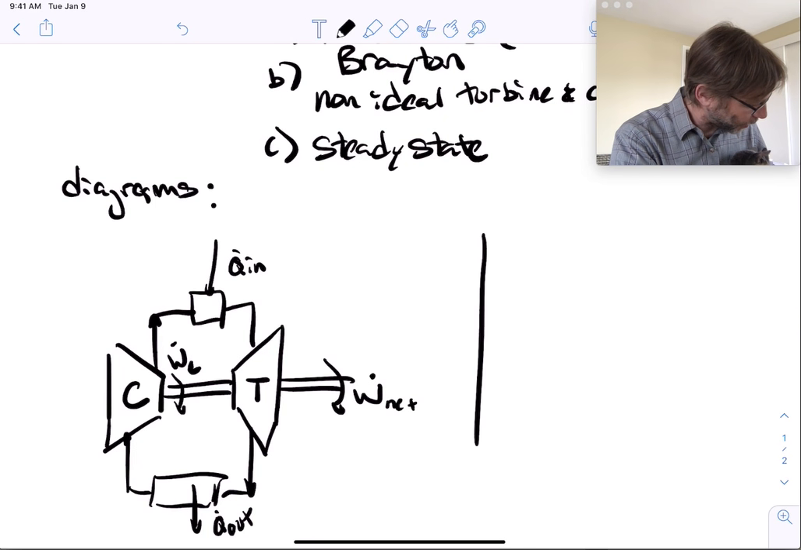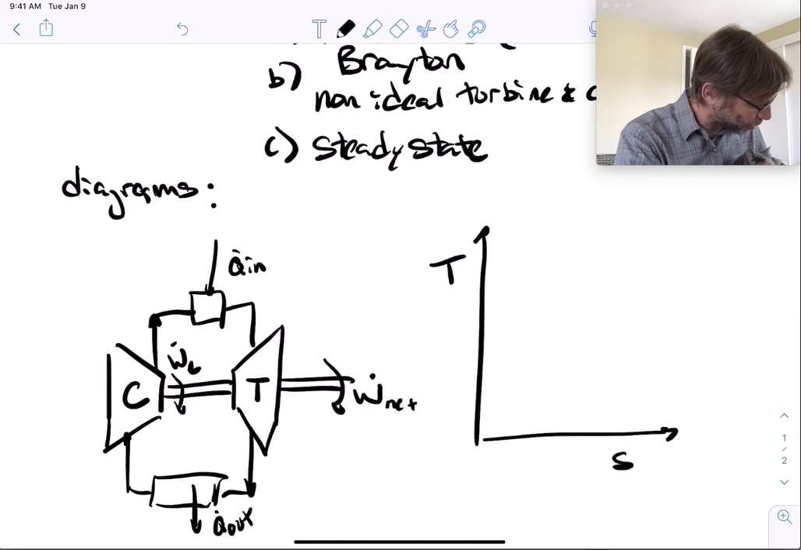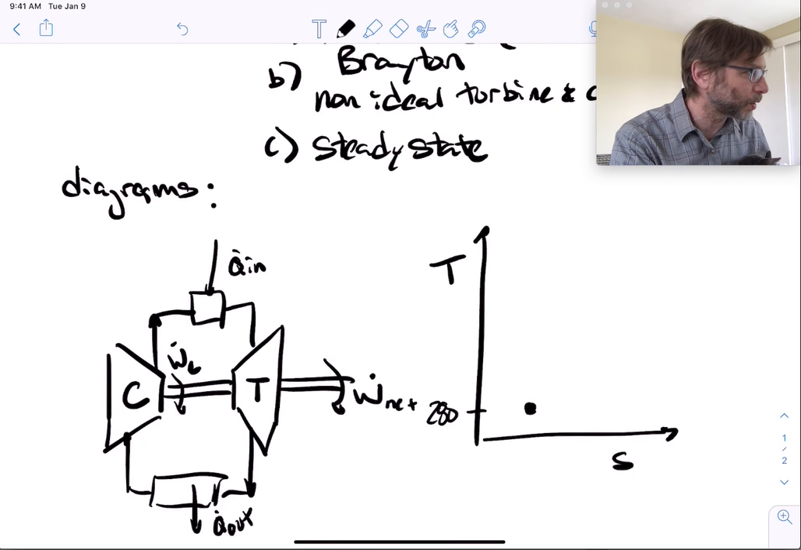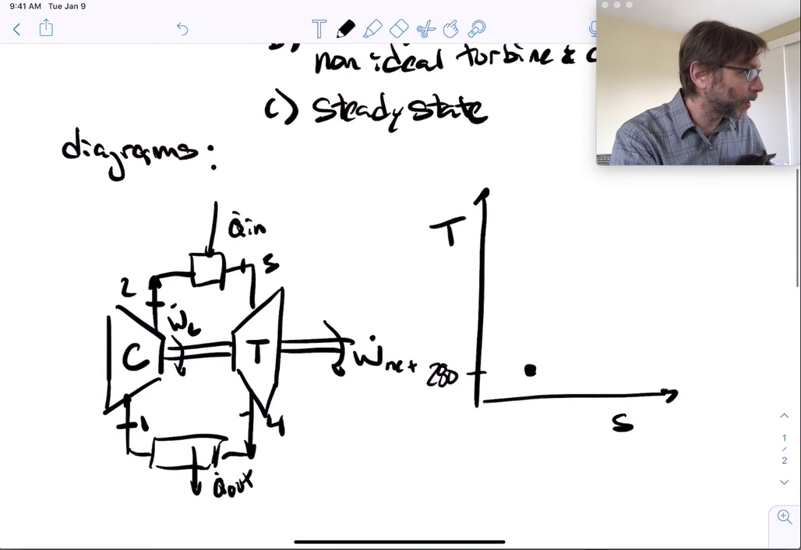Now we also have a TS diagram to make. We've got to make our TS diagram because that's a real essential thing. So now we have TS. We have pressures. We have 0.1 here, so T equals, what did I say, 280? Oh yeah, we have to label our states here too, so let's do that. We're going to go inlet of the compressor, so 1, 2, 3, 4. And then, of course, we've got